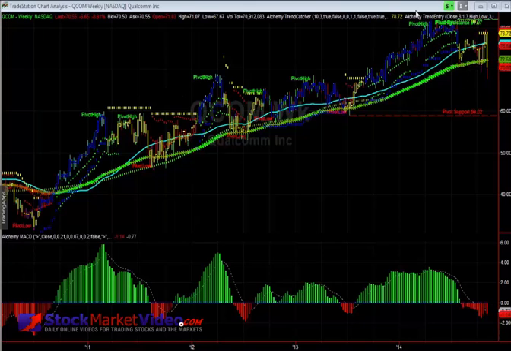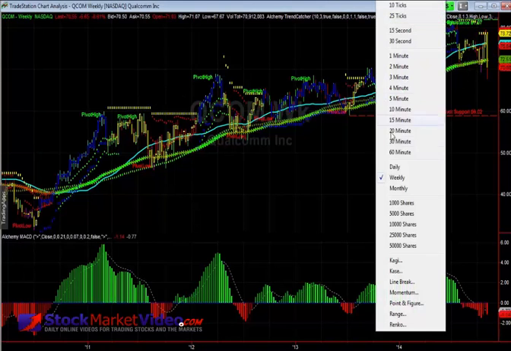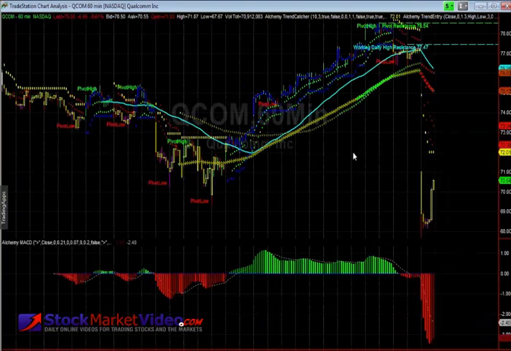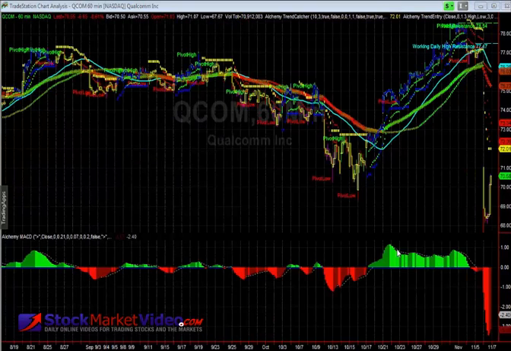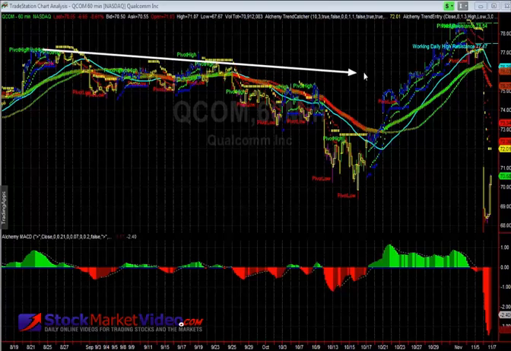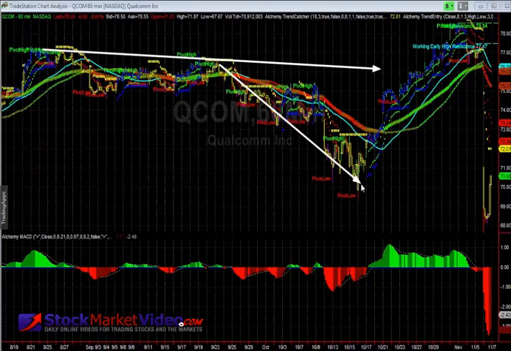Only makes sense, right? So if we drop this into, say, a 60-minute chart, and we start to look at this bounce, here we can see that we were really seeing divergence on the 60-minute chart. Look at this. You see this big top forming, right? It goes through its correction, tries to rally back, starts to do pretty well, gets past these ranges, right? But look at what's happening as it starts to move up. You see that divergence still continuing here as prices start to come back.